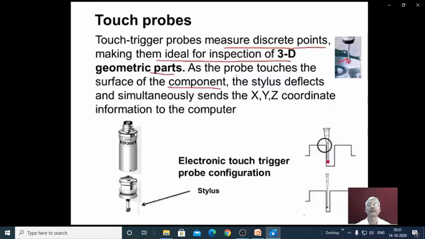The stylus deflects and simultaneously sends the XYZ coordinate information to the computer. Here, this is the stylus, and this is the probe module and probe body.